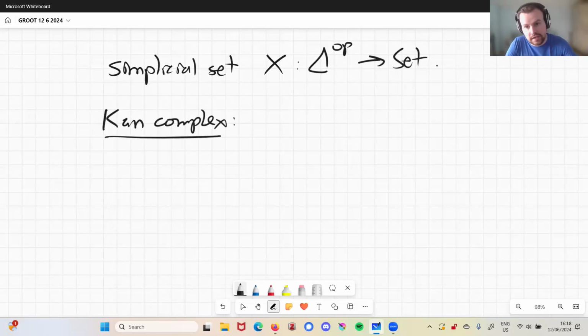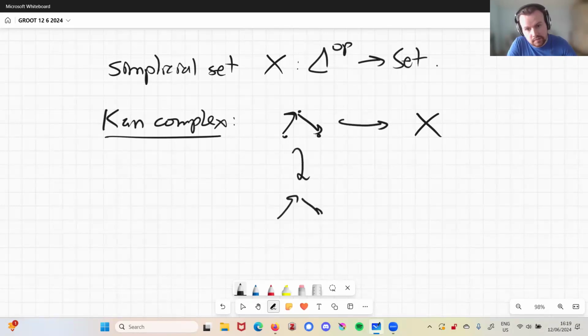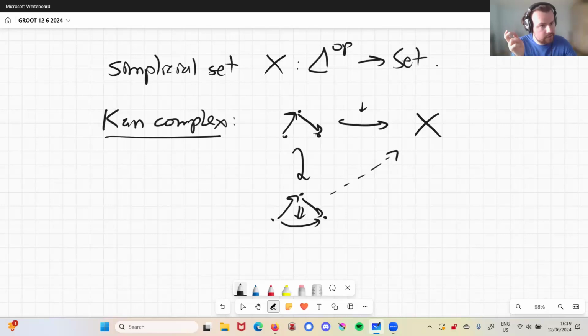If you have a Kahn complex, this is a special simplicial set where, for instance, if you have a diagram like this, which is a chain of two paths in our topological space, so to speak, we identify such a diagram, then we can, in some sense, concatenate these two paths. And what do I mean by that? Well, whenever I have a diagram like this, a chain of two arrows in my simplicial set, I can find a diagram like this that extends the original one. And you can do this in higher dimensions is all I'll say. So you can always concatenate paths, you can concatenate surfaces and so on and so forth. This is what you'd expect of a topological space.